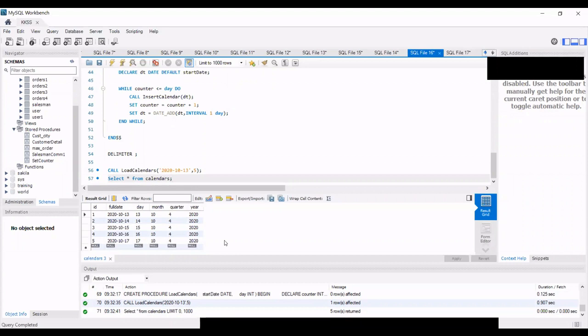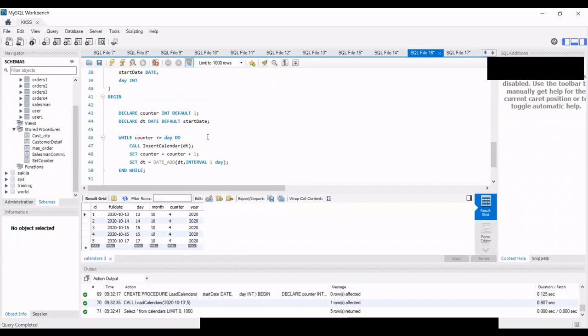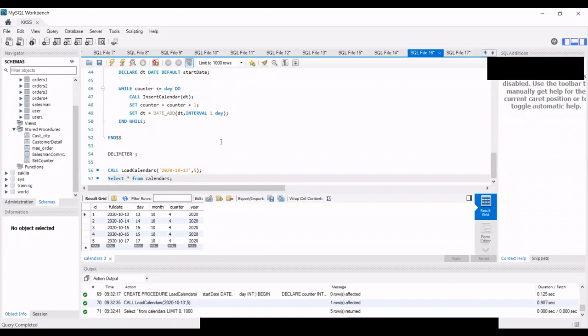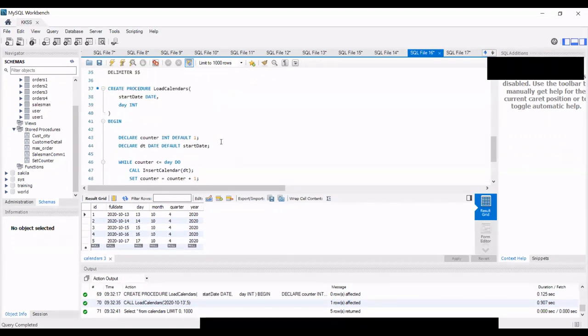So similarly for your query, you can do it in a similar way. You can create one stored procedure that can perform the tasks you want, and create another stored procedure that will just read your table and get the column. Got it. Yeah. So any doubt in this part?